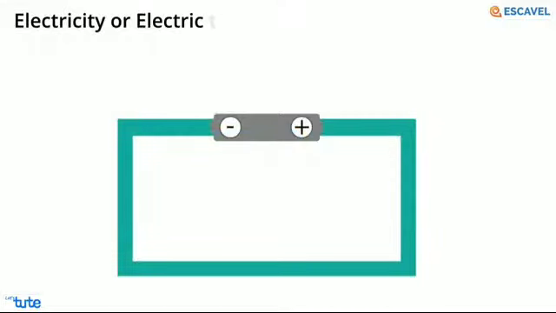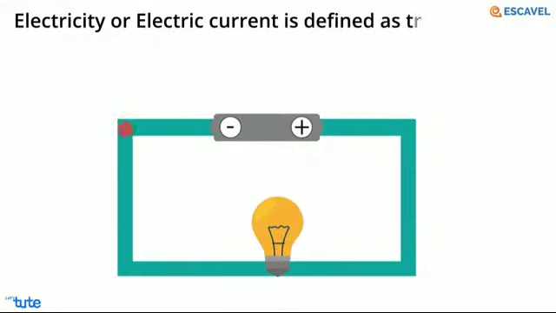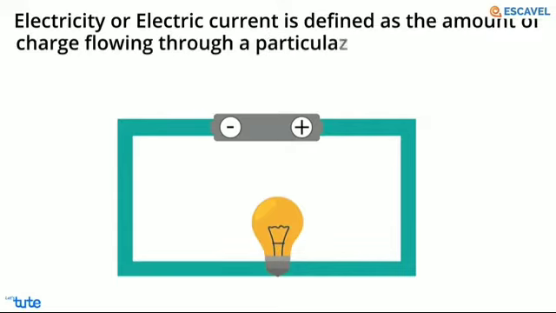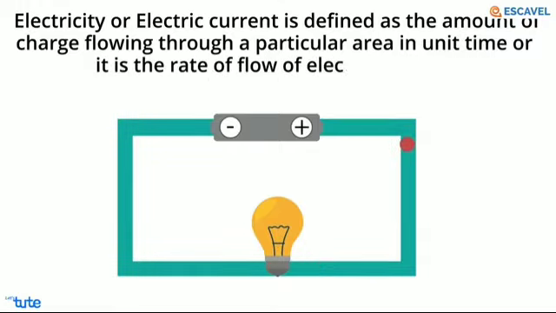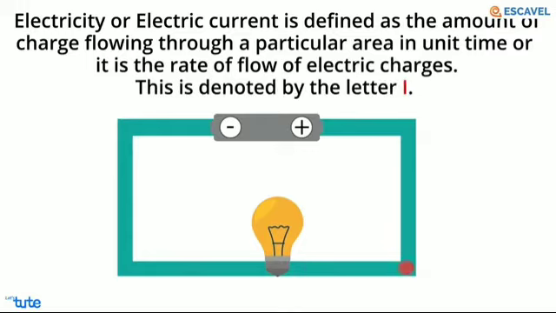Matter is made up of atoms. Each atom consists of a positively charged nucleus with negatively charged electrons moving around the nucleus. Atoms in metals have one or more electrons which are loosely bound to the nucleus. These electrons are called free electrons and can be easily ejected from the atoms. The substances which have an abundance of these free electrons are called conductors.